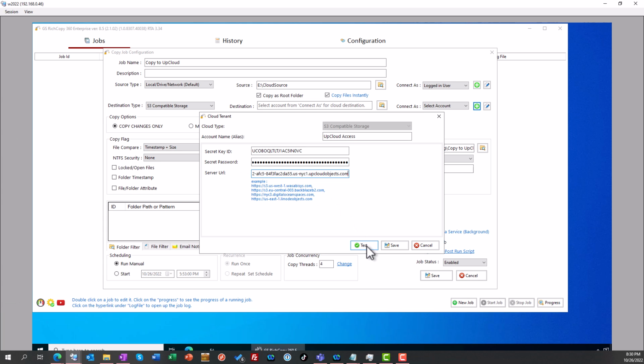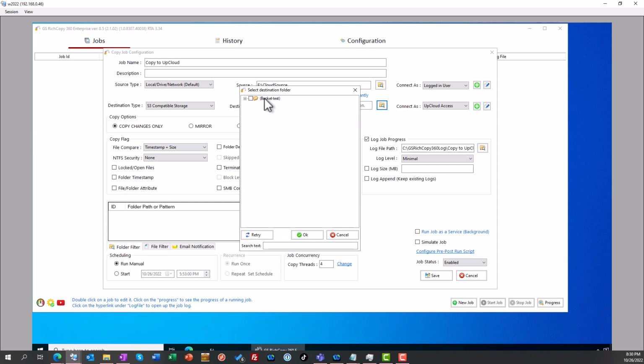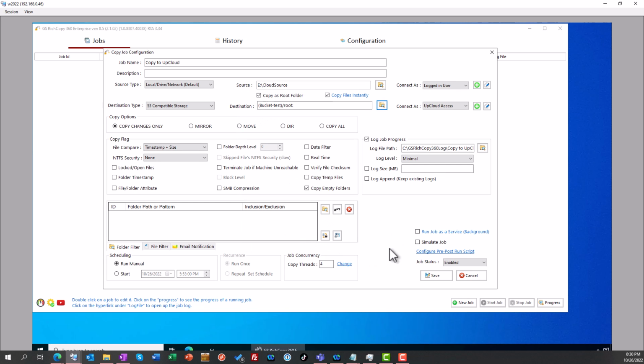Now you go in and you're going to click on test to make sure your credentials work. Successful, click save. Now we can go in and browse the destination. This is basically displaying anything that we have in the S3 buckets. If we had multiple ones, we'd display all of them. In this case, this is a blank one, so we're going to click bucket test, click OK, and we're going